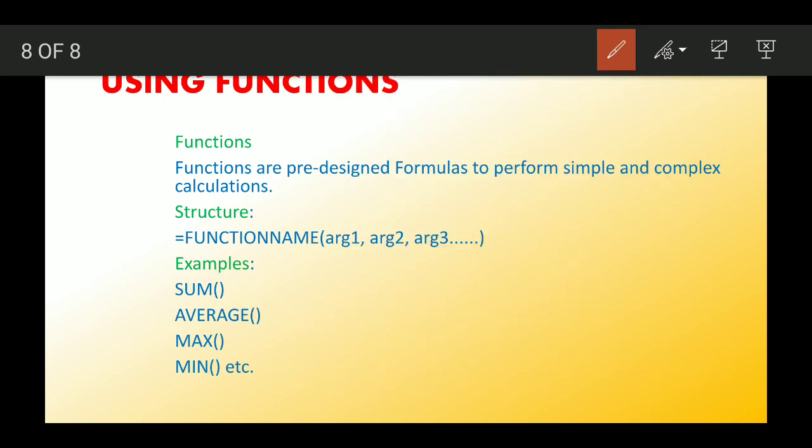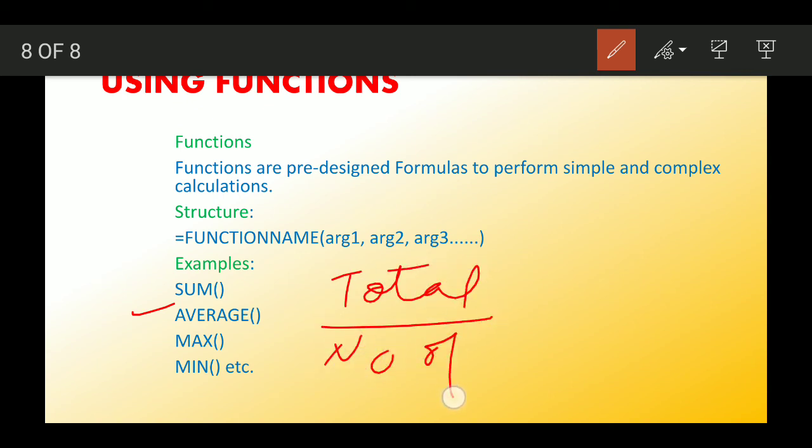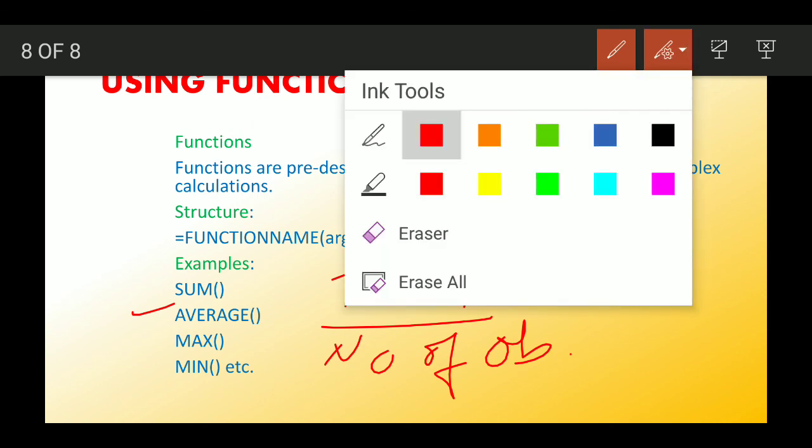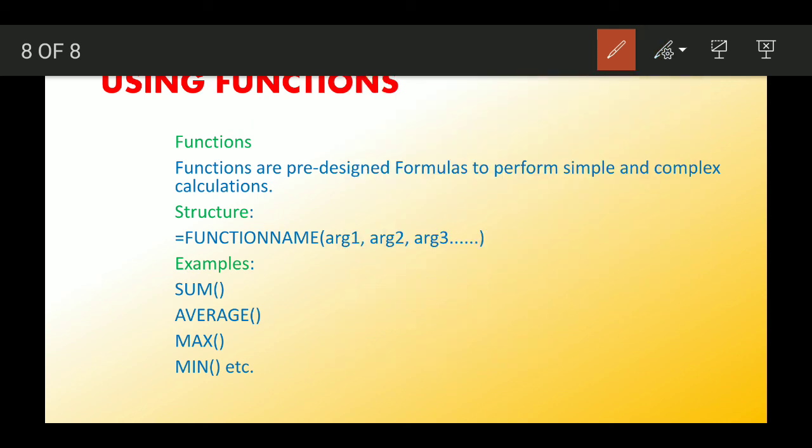In this way we can use the SUM function. Now the AVERAGE function. As the name implies, in mathematics average equals the total of the values divided by the number of observations. If we are writing a formula, first we have to add all the values and after that divide. But in the case of the AVERAGE function, we can calculate the average like this.